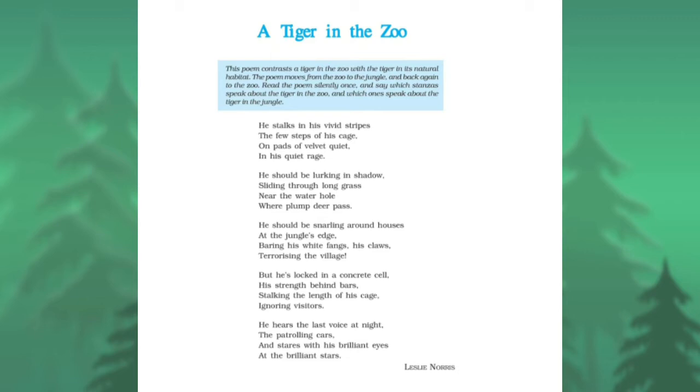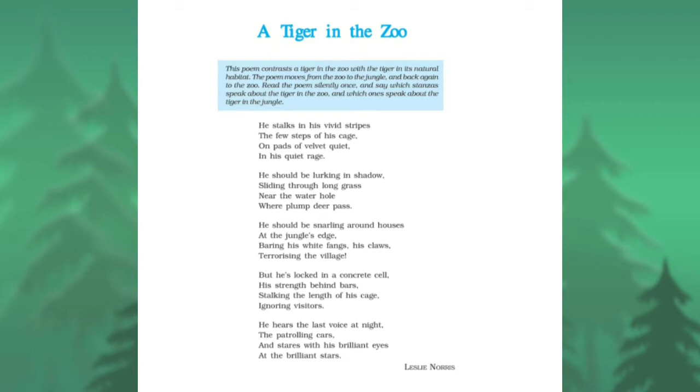So here some hard words are there. While explaining this poem, I will also tell you the meaning of the hard words. If you want, you can immediately note it down in your copy, or you can re-watch the video and note it down in the copy. Okay, so let's start the poem.